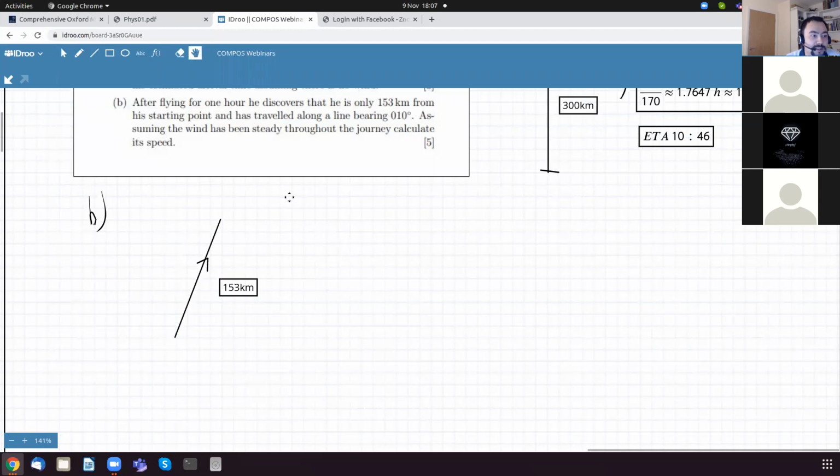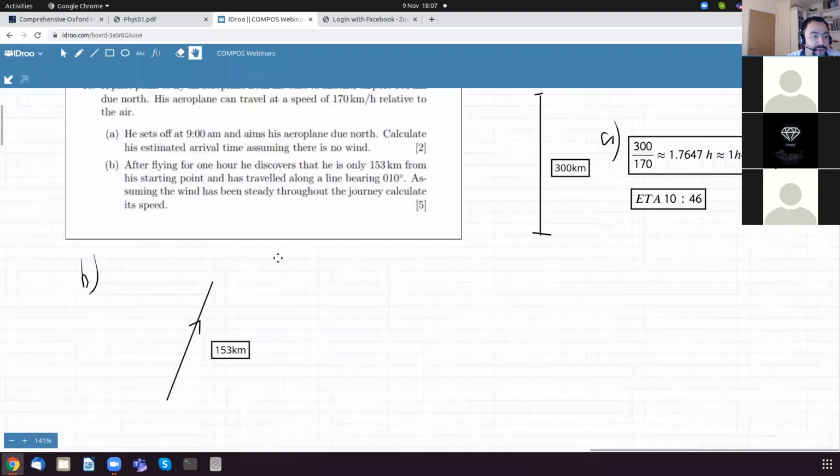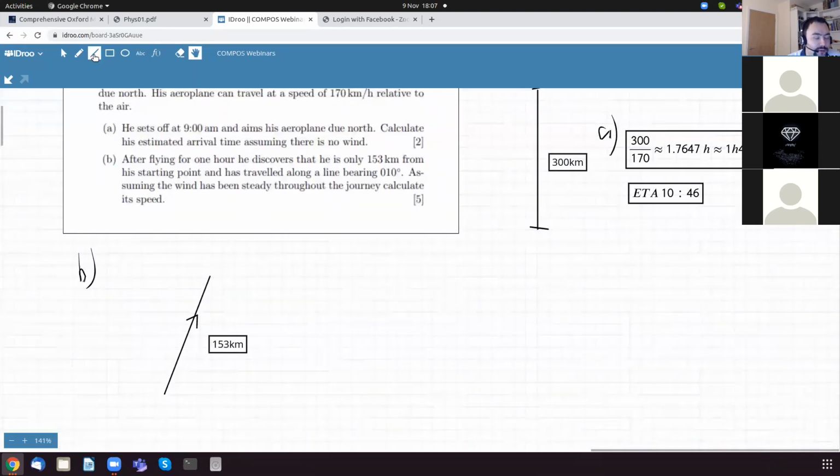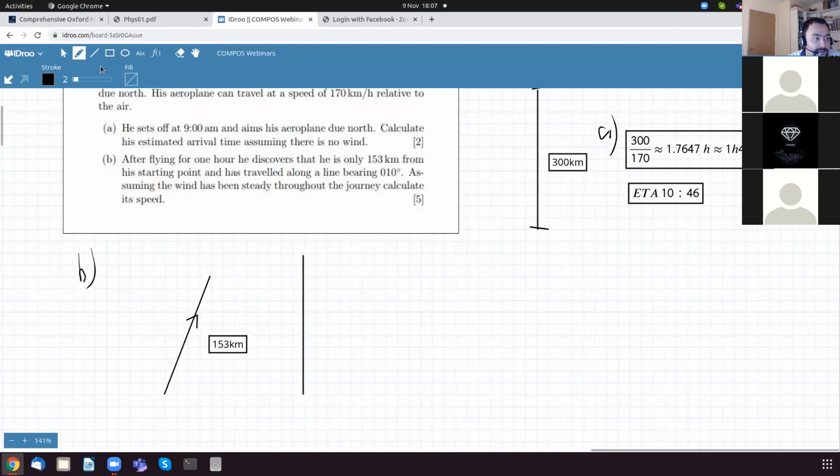Now we know that he was pointing the airplane due north. So his airspeed is 170. So his airspeed is 170 kilometers per hour. So this is his airspeed, and we'll use the triangle rule to add vectors. So we know that